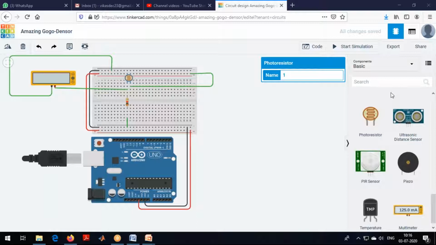Sir, instead of an LDR component, can we not use an LDR module? What's the difference, LDR component or module? This is a component, sir. Now we are using only 2 terminals. A module has 3 terminals, sir: positive, negative, and output.